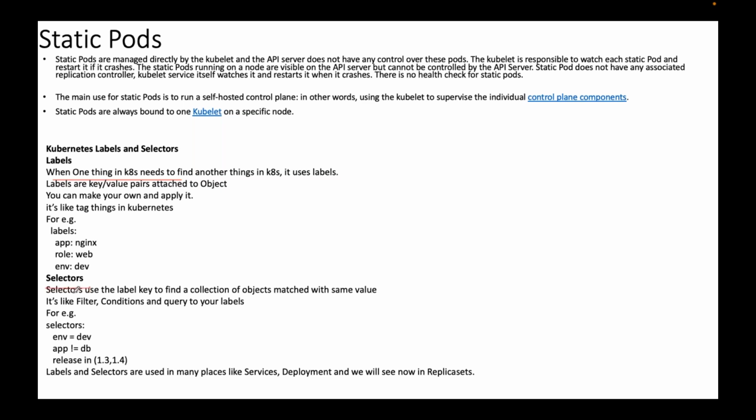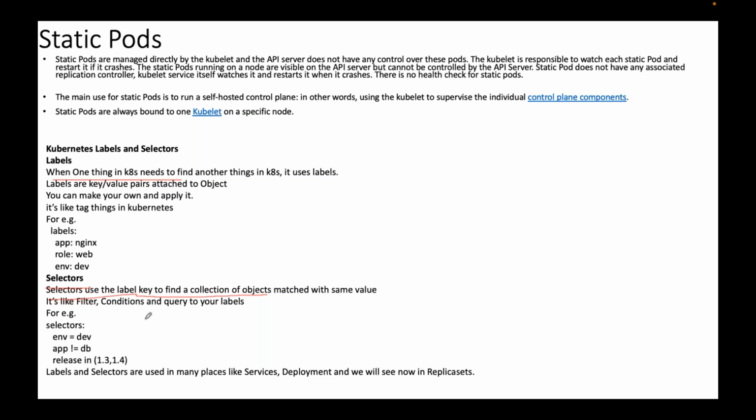Can I use selectors? Selectors will use the label key to find a collection of objects with matched value. It's like a filter or condition or query to your labels.